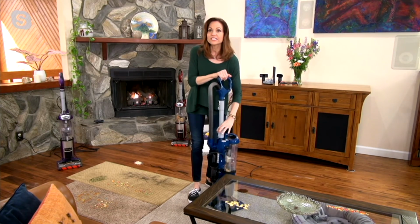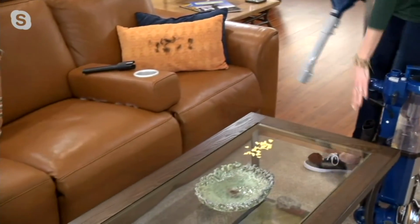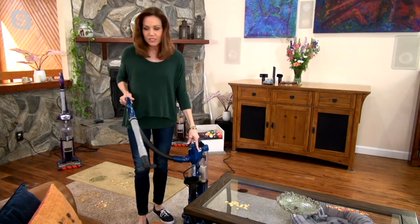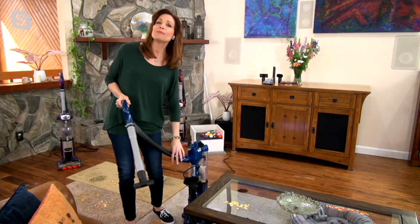I'm going to start here with the extension, because I think this is a really cool way to just kind of walk around the house, watch it follows me behind. I actually have 2 tools on board. Let me grab that upholstery tool first, and I'm going to come over here to my couch and just pick up some hair off of the pillows because back when I was having company, Dan,